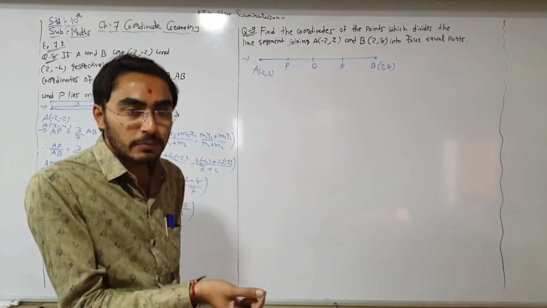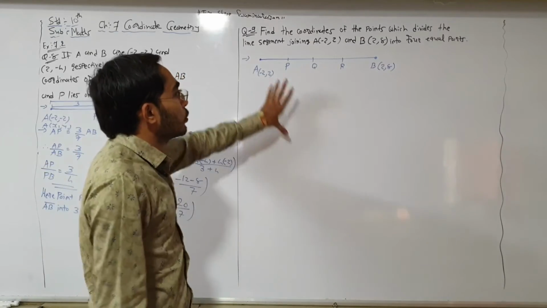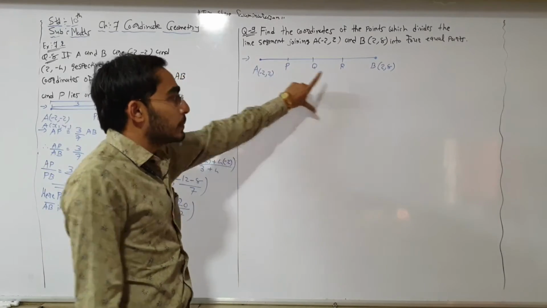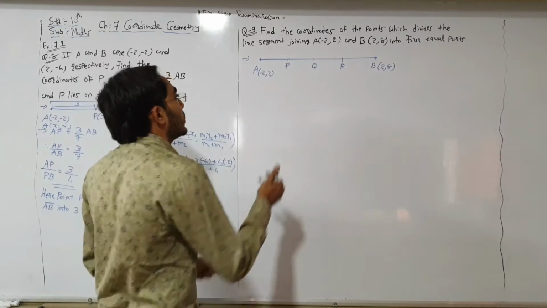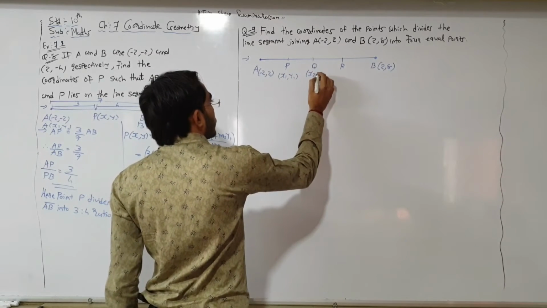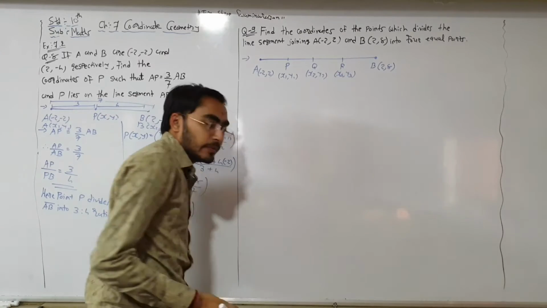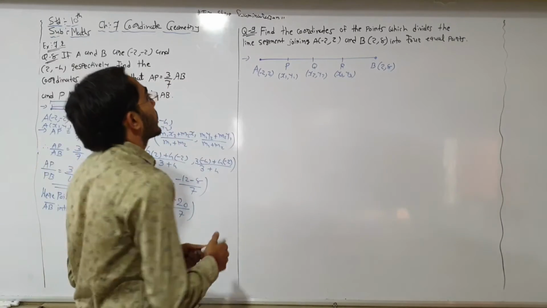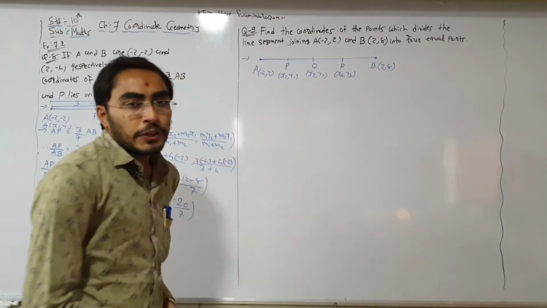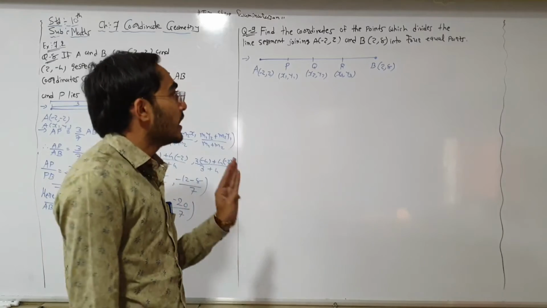We need one point fewer than the number of parts we want to make. So if you want to make 4 parts, then we require 3 points. Now, here x1 by 1, x2 by 2 and x3 by 3. Now we need to find the coordinates of points P, Q and R.